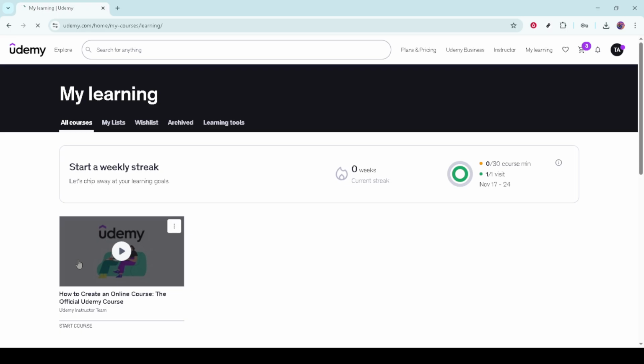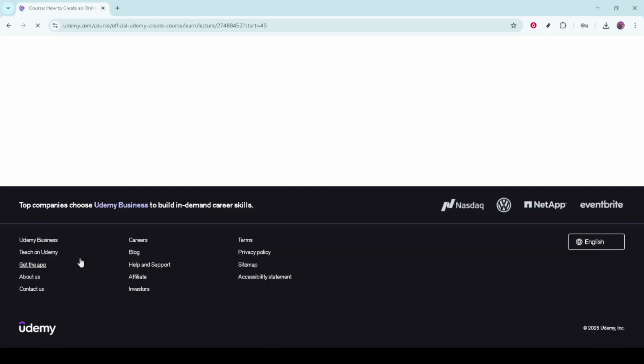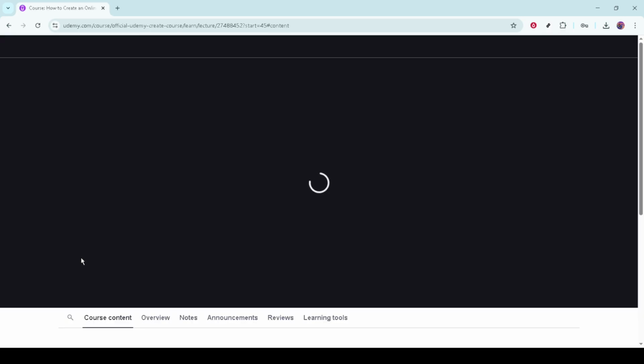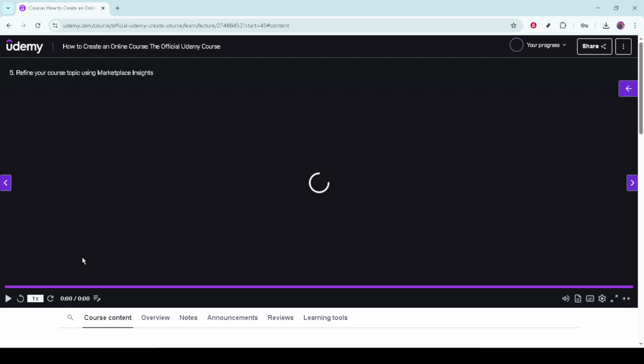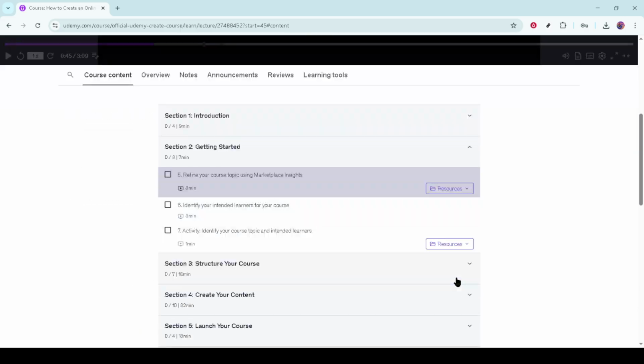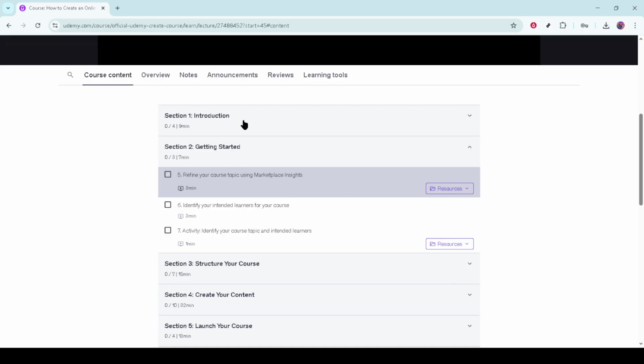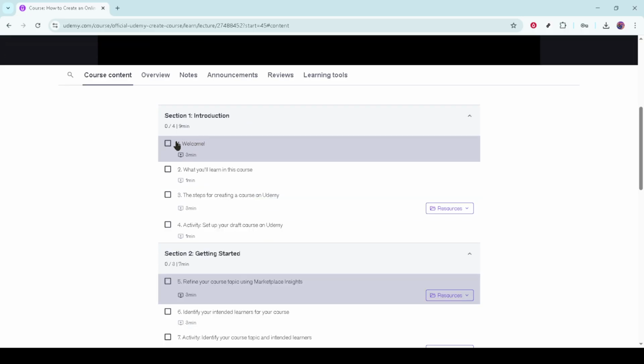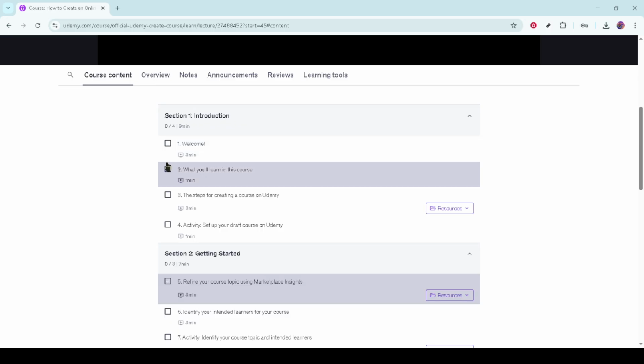When the course player is open, ensure that the course content sidebar is visible on the right. This sidebar is essential, as it provides the granular view of your course, showing all the lectures and modules in sequence. As you glance through the list of lectures, pay attention to the checkmark boxes next to each lecture title. These are your progress indicators, showing which lectures you've marked as complete. Clicking on these checked boxes is key to resetting your progress. Let's do this step by step.